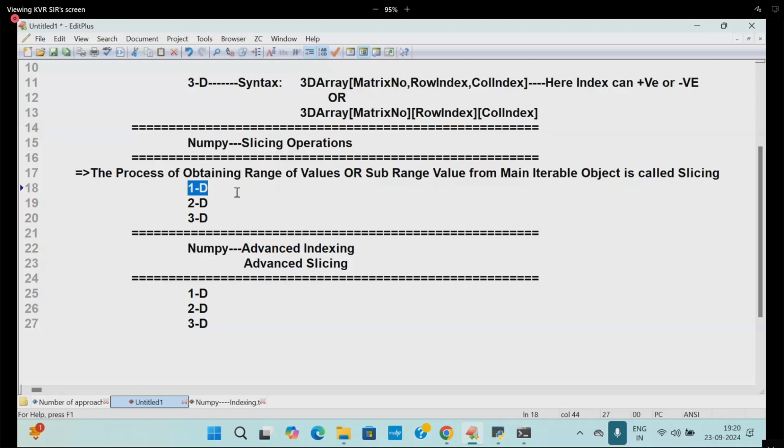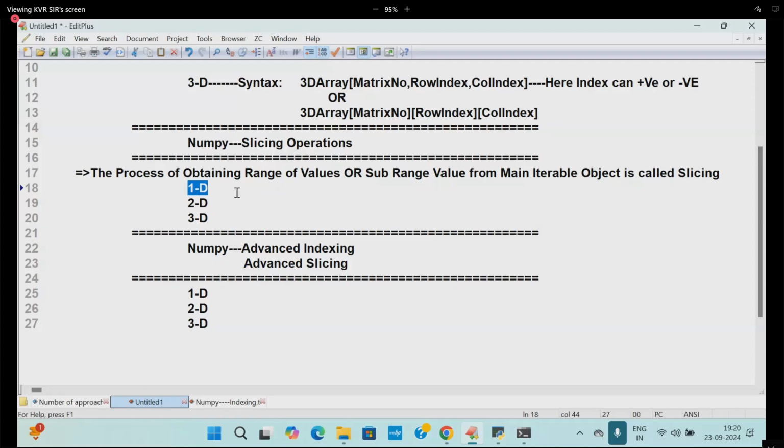I'm going to write the syntax: S of begin colon end. What is begin? Index. What is end also? Index. Begin starts with, I'm writing here, S of Nani. I will share it with you, definitely.